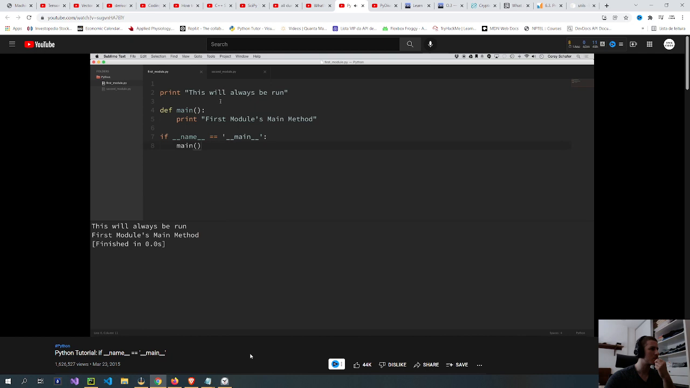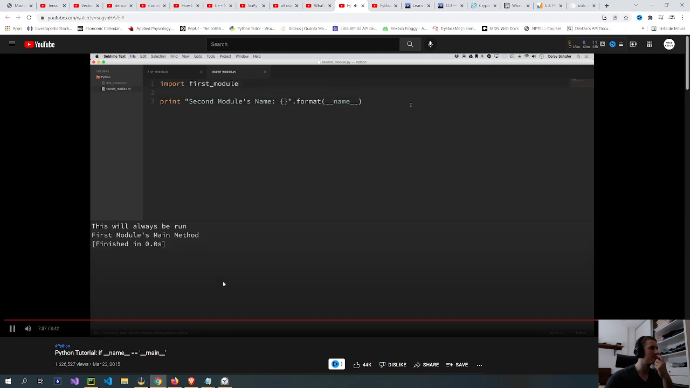One reason that you might want to put all of your code inside of a method like this, instead of just putting all the code that you want to run down here in this conditional, is that if you make this method and then within this conditional where it says if __name__ is equal to __main__, you run this, what that allows us to do is, if we come over here to second module.py and let me rerun this, now